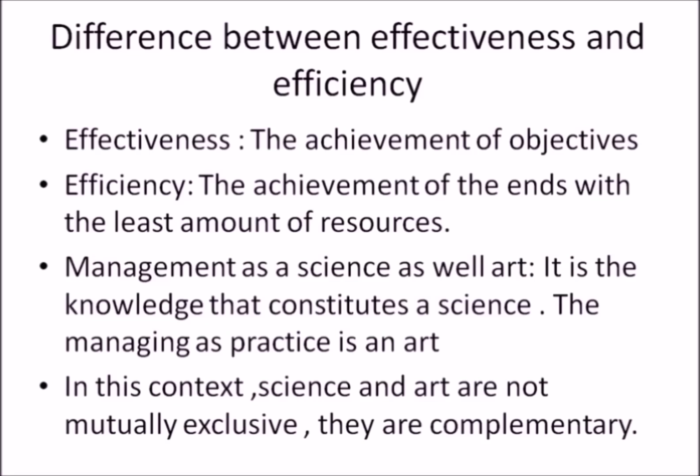Well, effectiveness is the achievement of the objectives. The objectives are set by the organization. So how effectively we achieve those objectives is the effectiveness. Whereas efficiency is a concept of the achievement of the ends with the least amount of resources. So it is a matter of how many resources we put in for achieving our ends. If the job is done which is not towards the objectives, then we may be efficient, but we are not effective for the achievement of the objectives of the organization. So efficiency is with respect to resources for achievement of the ends. But as far as the objectives are concerned, effectiveness is the word which is used.